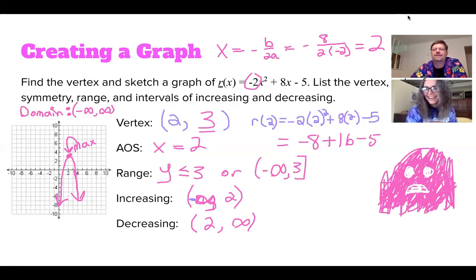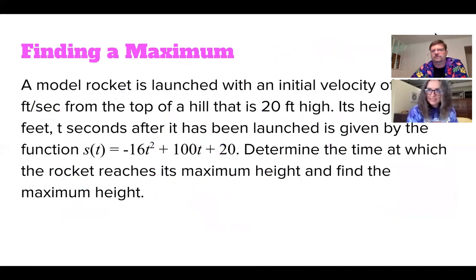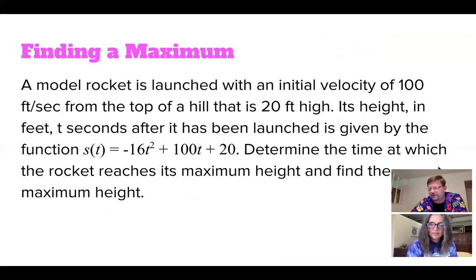All right. Okay. So let's move into finding a maximum. This really isn't a hard section. The first thing, the vertex was the transformation. We kind of already did the first ones when it's in vertex form, but we just formalized it. But that point of the negative of b over 2a is how you can handle the standard form. Okay. So let's do this problem, and we're going to do a rocket that is launched